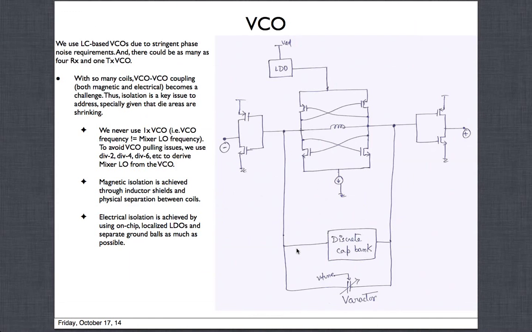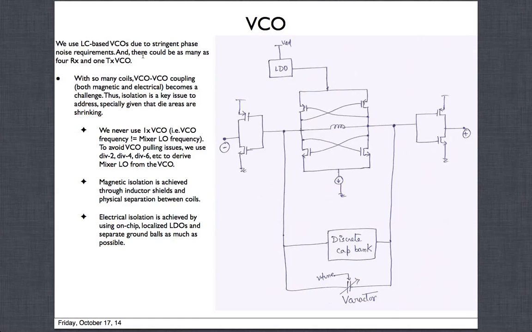Next we go to the VCOs, and typically the type of VCOs we use are LC based VCOs. Why? What is the VCO trying to do? This is on chip, and it's trying to generate a very accurate frequency with low noise. The noise requirements are very stringent for cellular applications, and ring oscillator based VCOs, the other type of VCOs, are not able to meet them. Because these requirements are extremely stringent, we use LC VCOs.